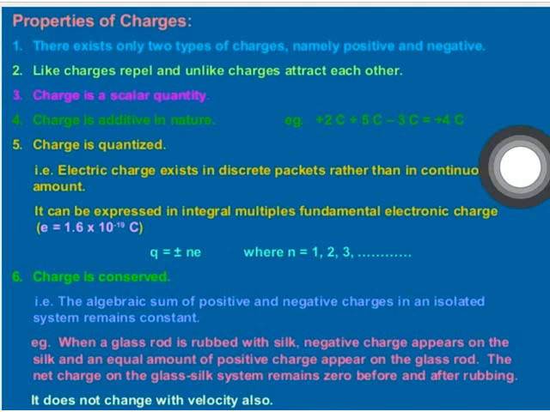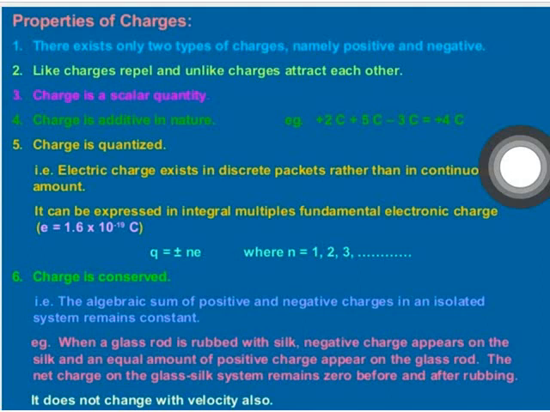That means the electric charge is additive in nature, but note that while taking the sum of the charges, we have to take the positive and negative signs also. Thus, we can say that additivity of electric charge means that the total charge of a system is the algebraic sum of all individual charges located at different points inside the system.